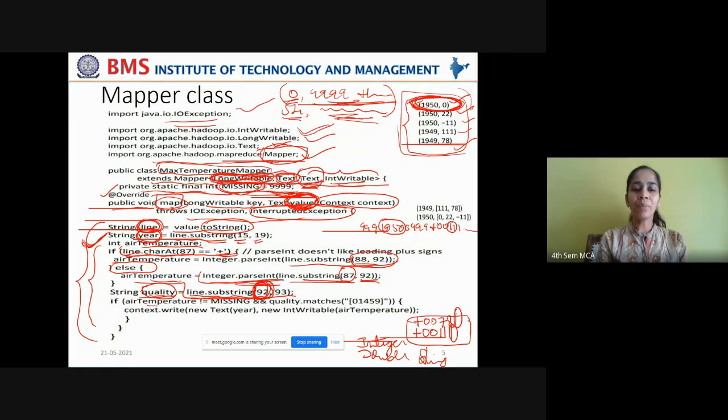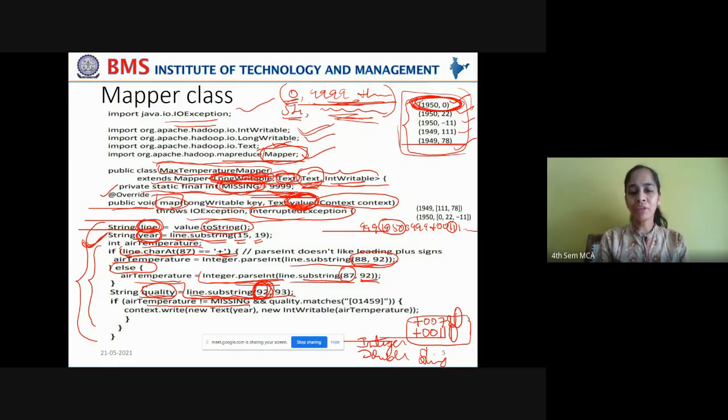If a temperature is not equal to missing, meaning it doesn't have the value 9999, which indicates missing. You don't have such high temperatures on the globe, right? So 9999 can be assigned to the missing identifier, so that you can tally it with the temperature that is captured.